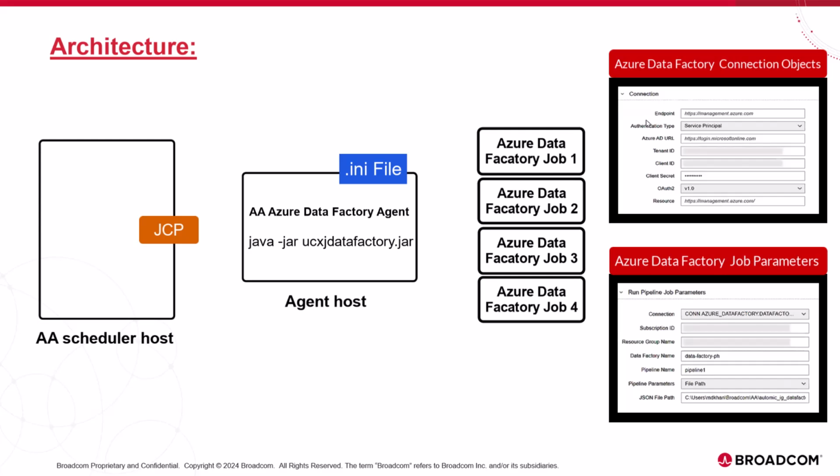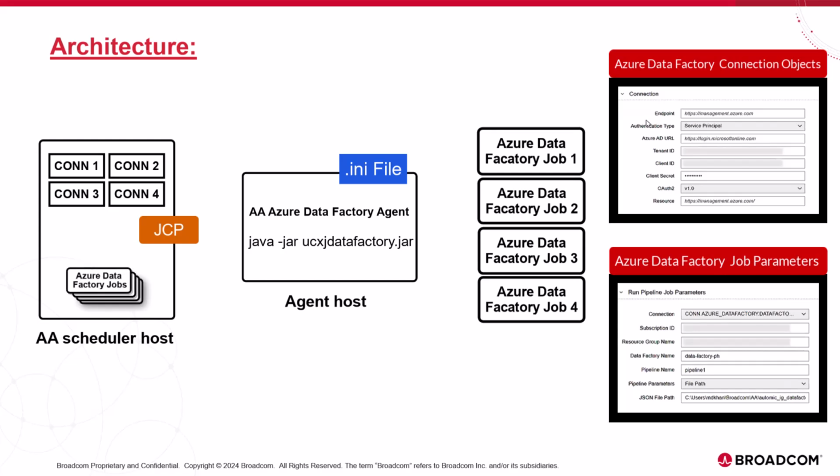We create a connection object in Automic Automation for each instance by duplicating the con template for each of these instances. Lastly, we create the Azure Data Factory jobs in Automic Automation for each corresponding process in Azure Data Factory. The Automic Automation jobs include the connection object based on the target system. When we execute the jobs in Automic Automation, it triggers the corresponding process in Azure Data Factory. We're able to retrieve the successive statuses and finally generate a job report. In Automic Automation, this job can be incorporated in workflows and integrated with other,